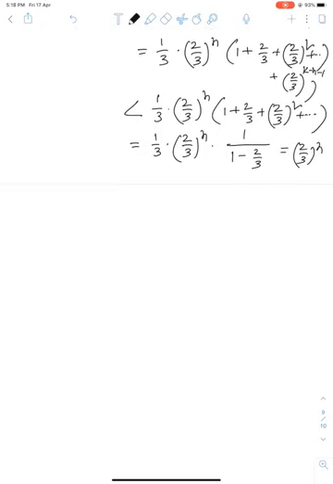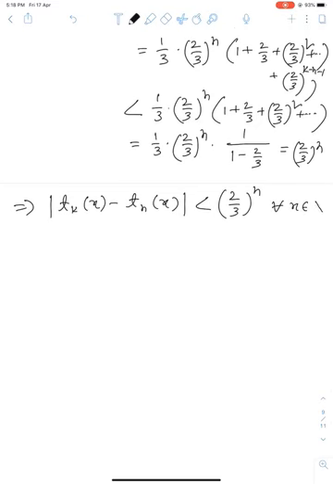So that implies we get |T_k(x) - T_n(x)| < (2/3)^n for all x belongs to X, where k is bigger than n, right? Now since that right term does not depend on k,